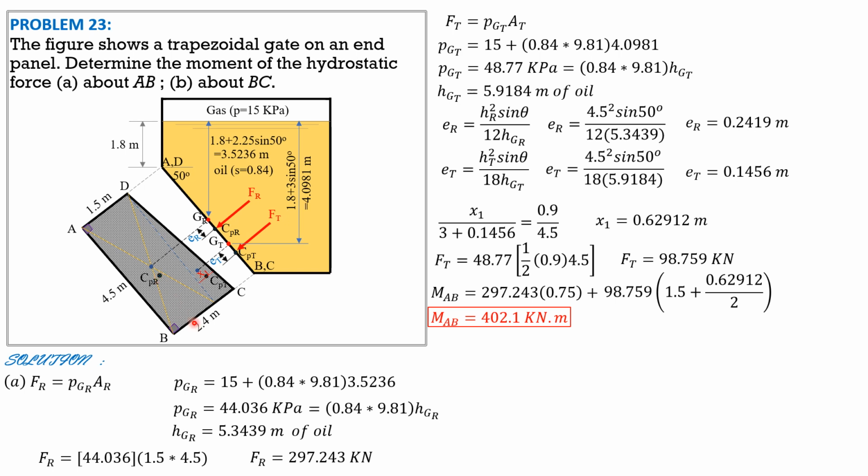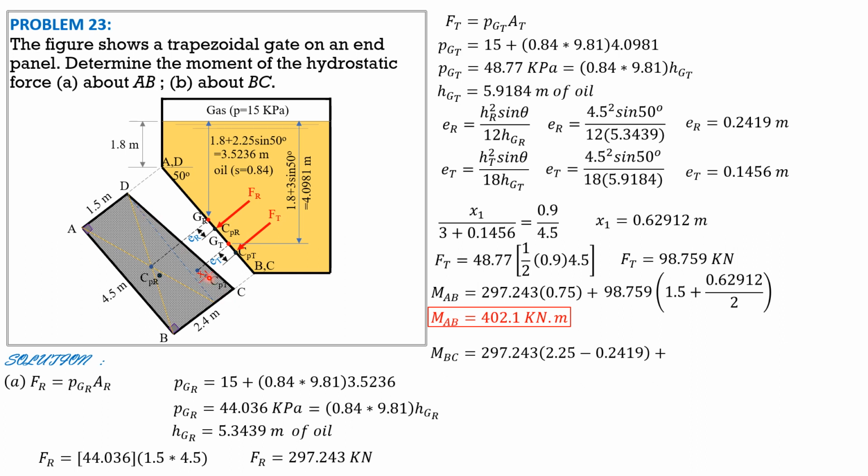So this moment arm is half of 4.5, because this is a rectangle, the centroid is half of 4.5, then minus eR. That's the moment arm of F rectangle. So moment BC is 297.243 times quantity 2.25 minus 0.2419, plus the moment of the force due to the triangular